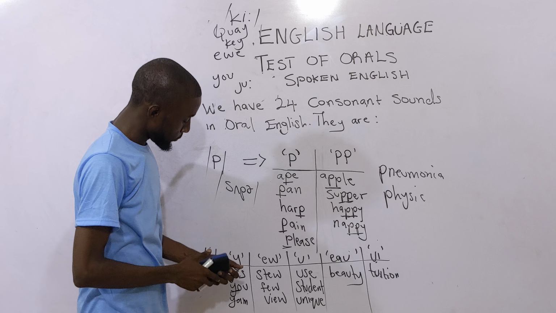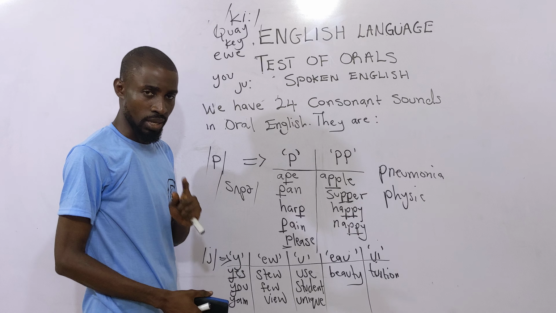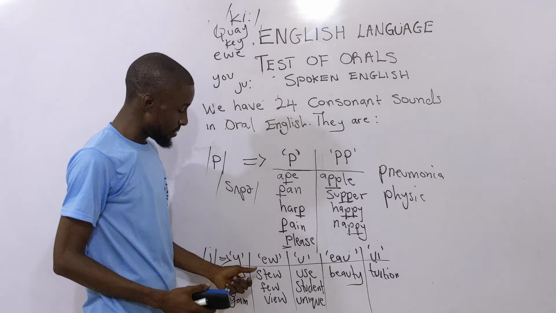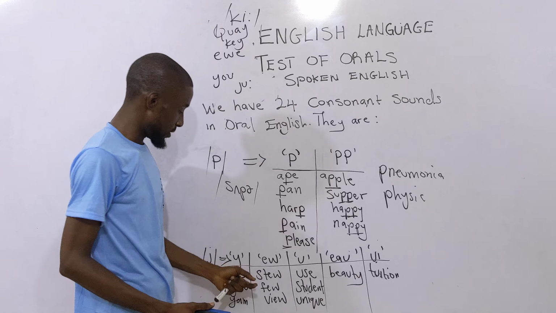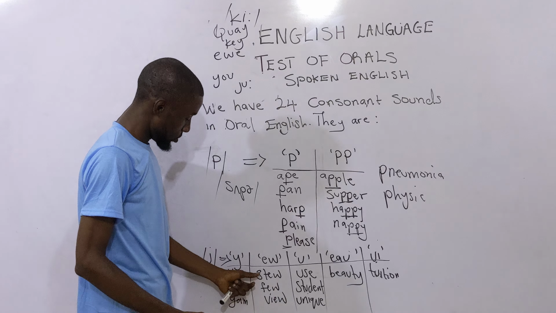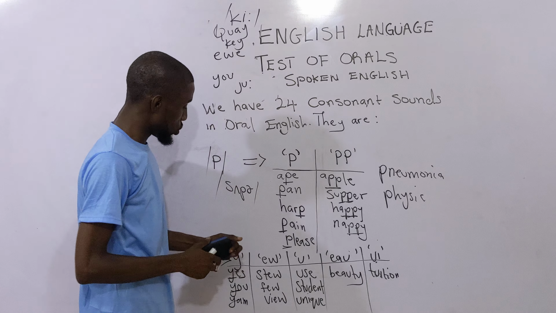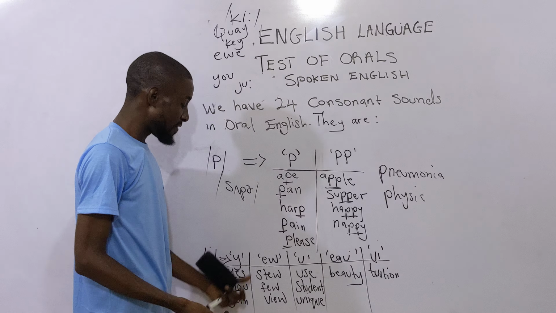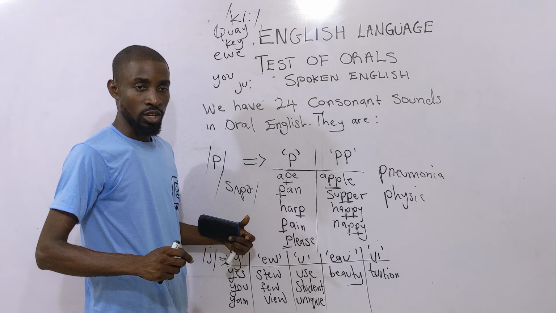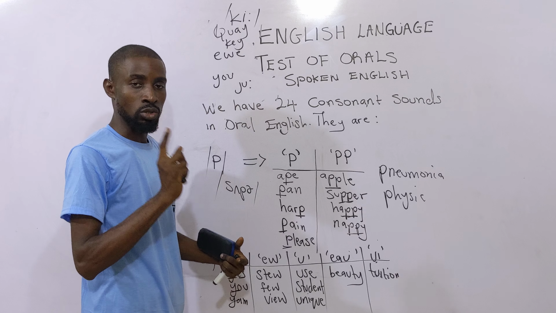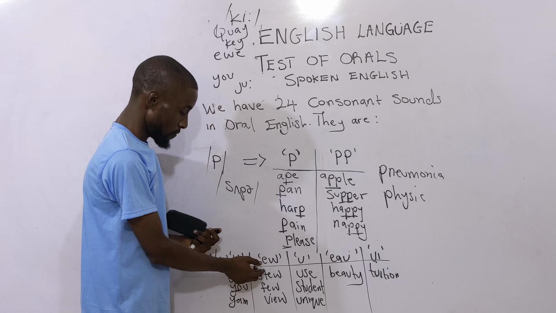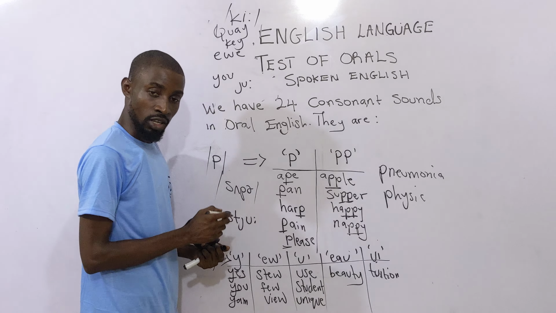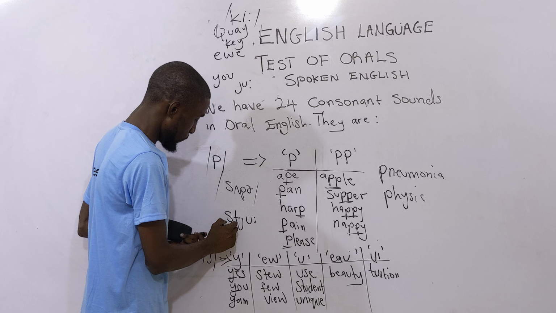Now we have yam. You see Y sound. Don't forget yam. So that's the Y there. Then we have eu too, that sounds Y. So in case of stew, transcribe stew, view. They will be very easy because after the first consonant, the next one is Y sound plus u that is long. So if I want to transcribe these three now, I'll have stew, see the way it is. Then I have few.